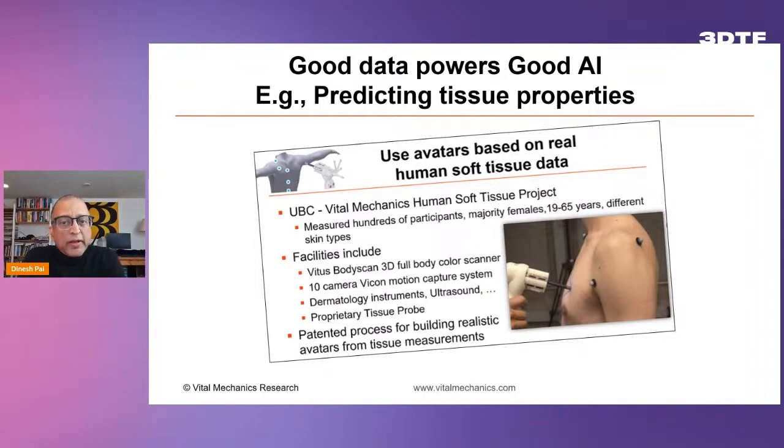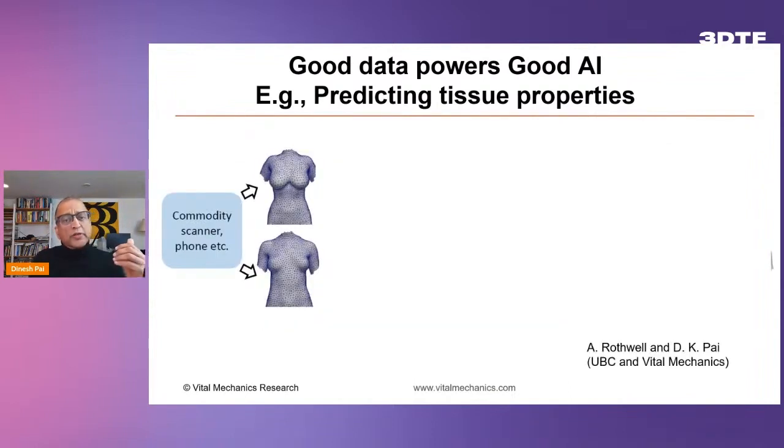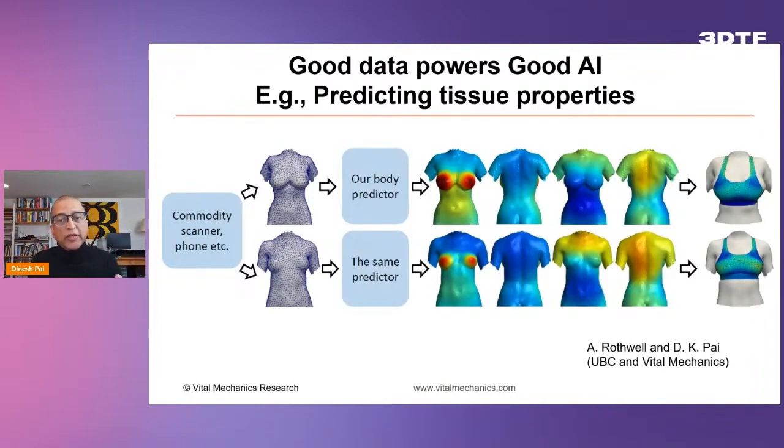Now, I want to give you a preview of a couple of AI research projects that we are working on using Vital Fit technology. So you may remember that we have measured hundreds of participants in the lab, and we still continue to do so, but it's quite expensive to get this kind of data. So the question is, can we predict soft tissue properties from the data you can easily get, for example, from a phone? So the answer is yes, we can. By training a neural network model with our data, we can approximate tissue properties very quickly from the shape of the hard avatar and a few extra pieces of